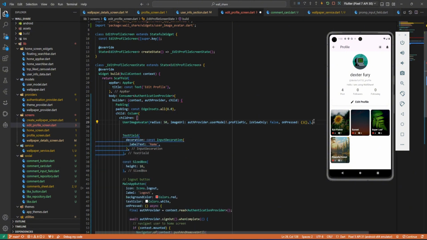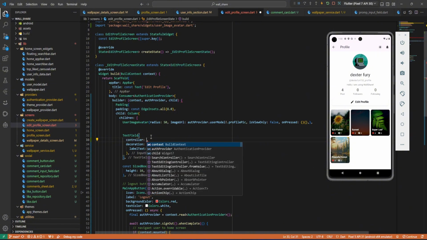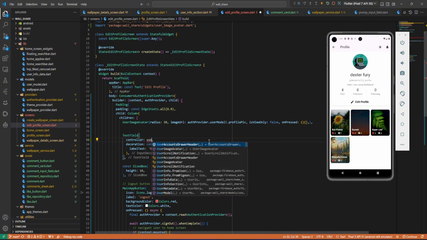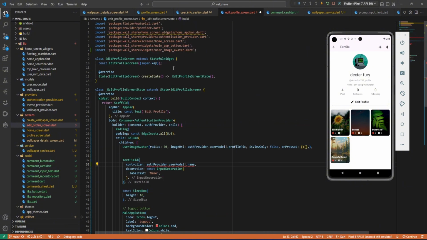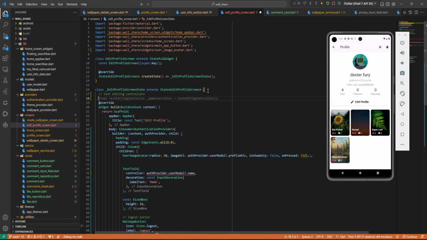Okay, let's put a comma here. And then here in the controller, we need to put controller. We want to say, okay, the controller, we are going to put the controller, and then the hint text, maybe. Actually in the controller, we can put user model, auth provider dot user model. Okay, it's not going to be like this. We have to first initialize the controller here. So here we're going to use a text editing controller,